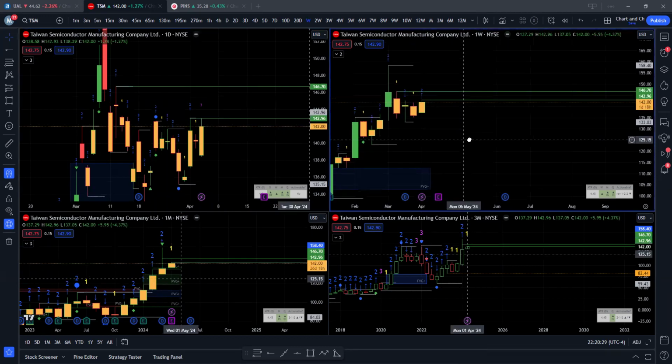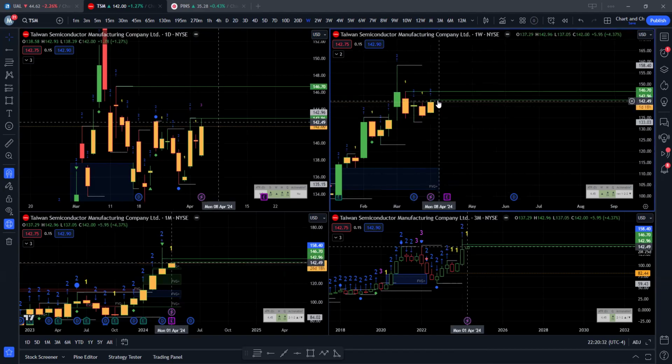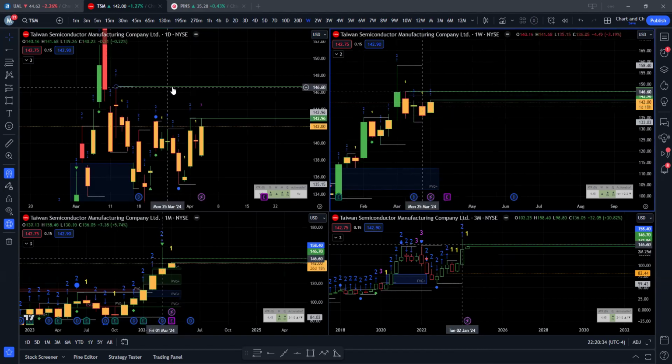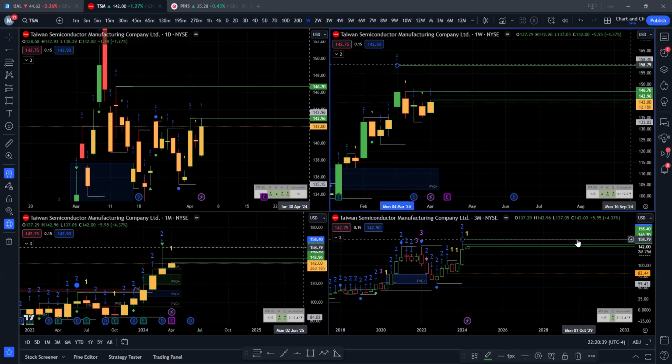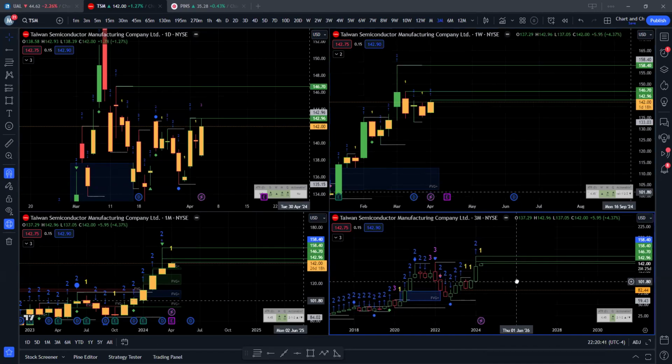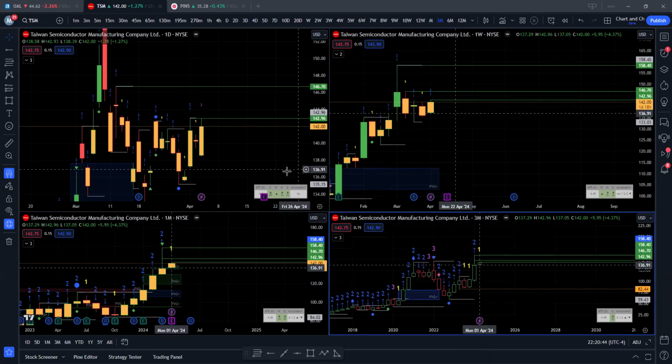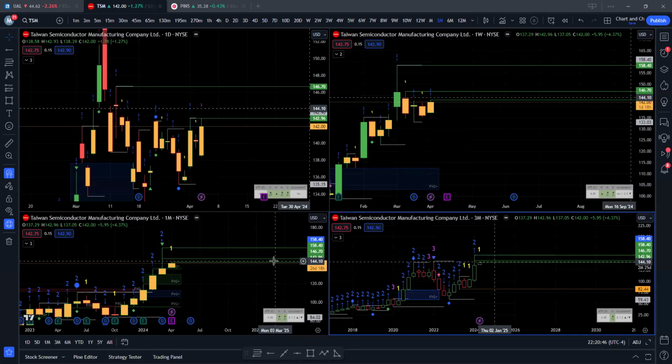Obviously if the bulls want to step in. And again, looking at it from the weekly, daily liquidity is up there, but then weekly liquidity is all the way up at 158.40, which puts us back at all-time highs. So that might be the catalyst, even though the earthquake happened and hopefully everybody's okay. And I'm glad there was no tsunami. I know there was a tsunami warning, but if they're saying that supplies aren't going to be affected, then to me, if production's not going to be affected,